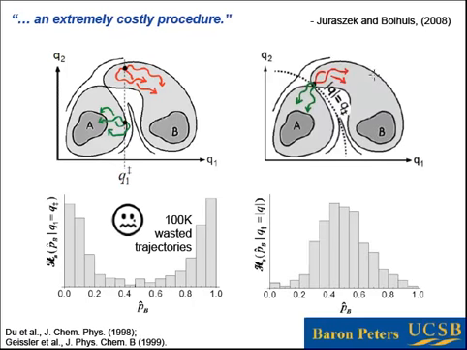So what we can do instead is hope that we can find a good coordinate. And if we can find a good coordinate, then this test will come out to say that almost all the points on this dotted line depicting the ideal reaction coordinate's isosurface, dividing surface, will be transition states, and that will result in a histogram that is peaked around p_B equals 1/2. Okay, so this is the way things are supposed to go if we're lucky and we guess the right thing the first time. The problem is usually we go through a few iterations guessing the wrong things before we get anything that looks anywhere close to being peaked.